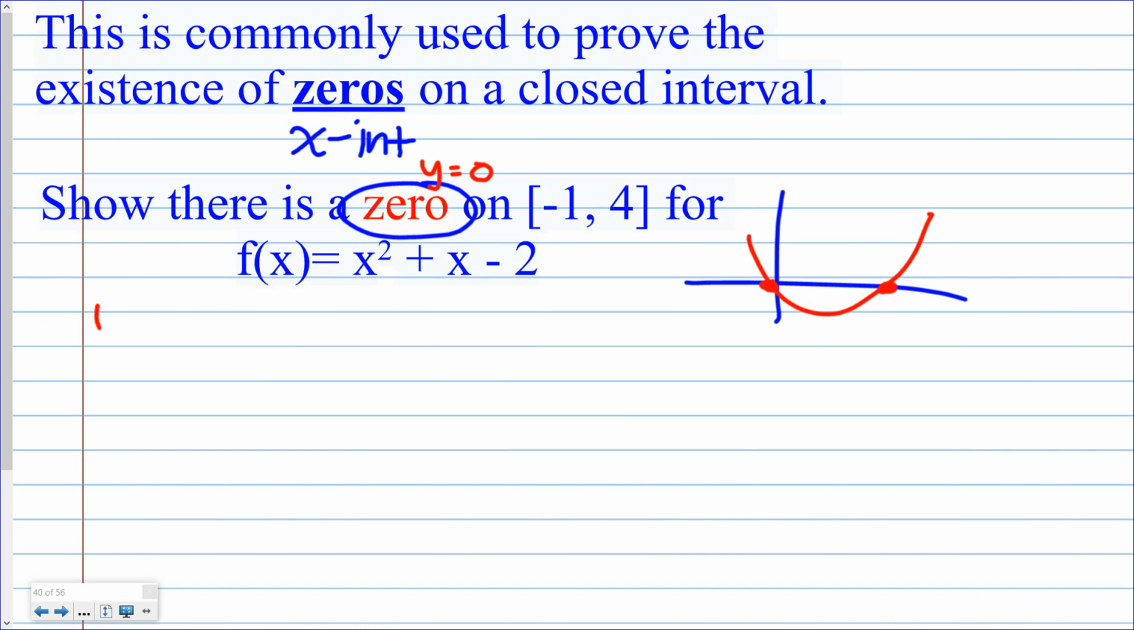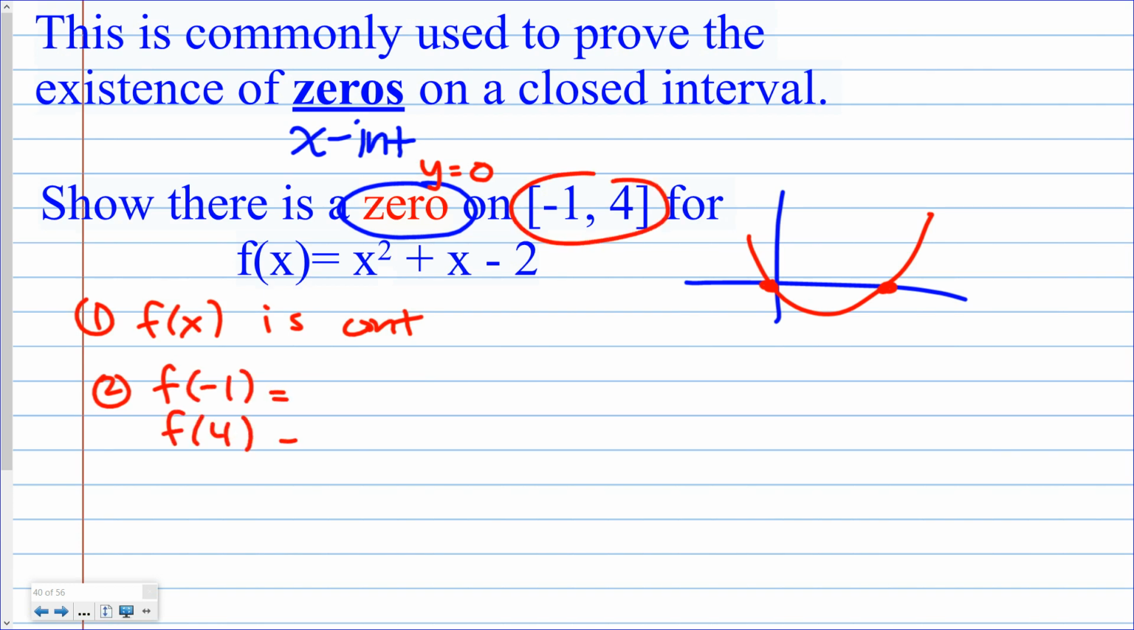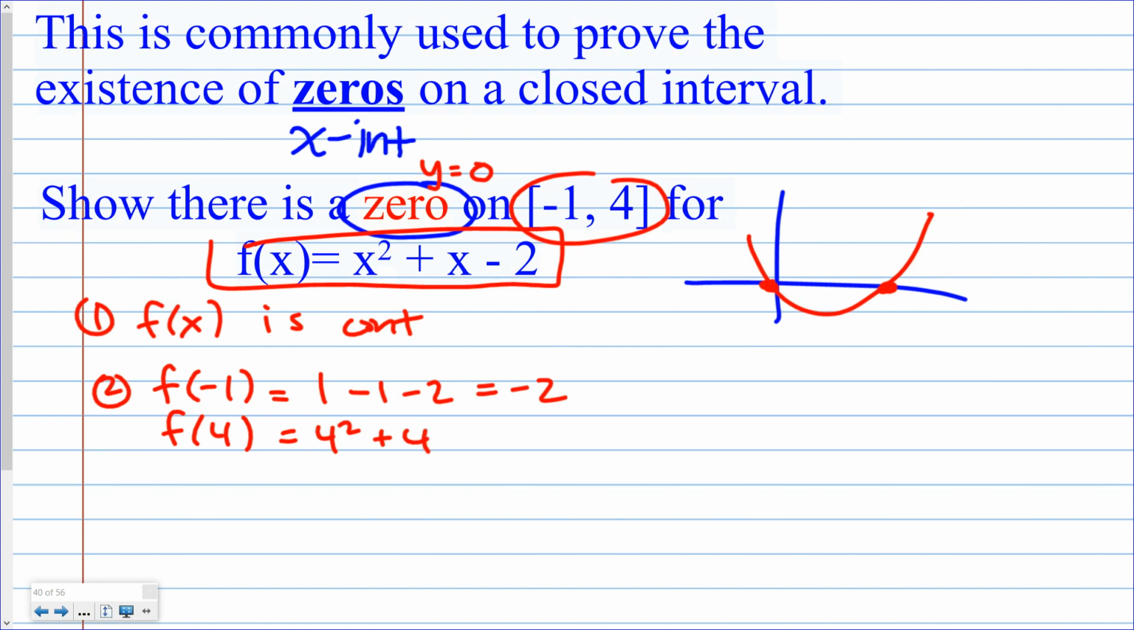Okay? And then you would do the same thing. You would say, well, Ms. Chang, this is the proof. The function must be continuous to use IVT. Okay? I need to plug in my two endpoints. So you're going to plug in -1 and you're going to plug in 4 into whatever function they give you. So this will be -1 squared minus 1 minus 2, which would be -2. If you plugged in 4 here, you get 4 squared plus 4 minus 2, which is, I am not sure,